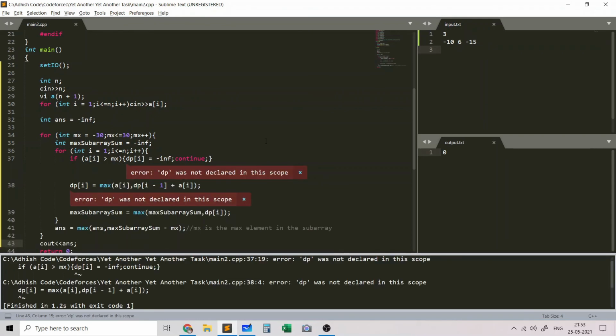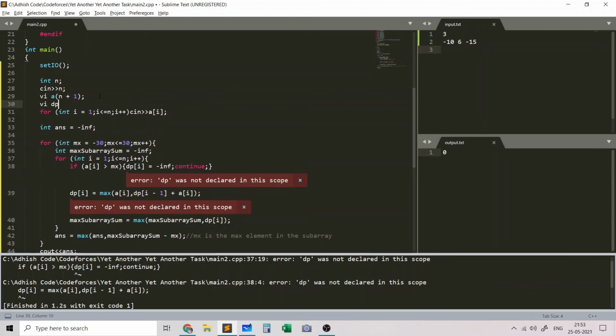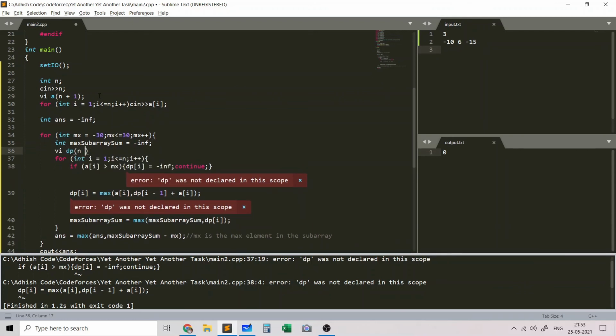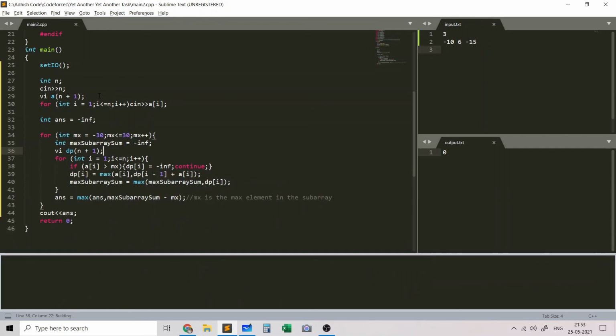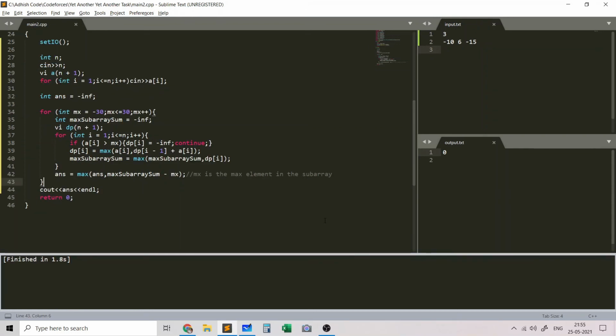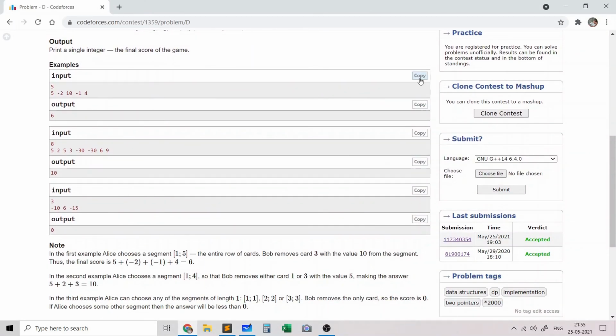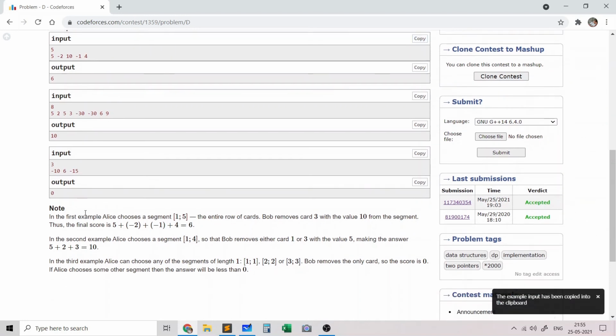So I'm just running it on the sample test case, and I noticed that I didn't define dp. So dp will change every time we run the loop, so I'll define it inside the loop. And as you can see on the test case for three numbers with -10, 6 and -15, it gave the correct value of 0.